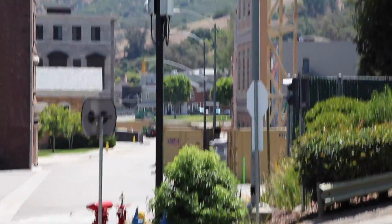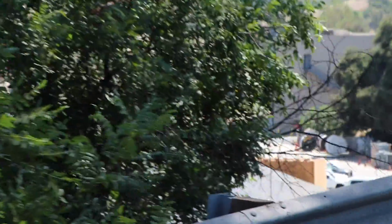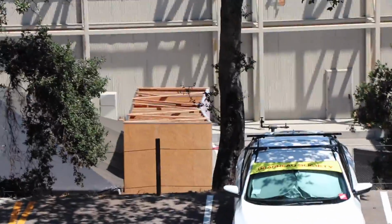Can't wait to see what this is going to be like in the next couple weeks. Here you have to take into account that people are looking in all directions. Also, one of the things about this ride, unlike the movies that we're used to working on, there's no...